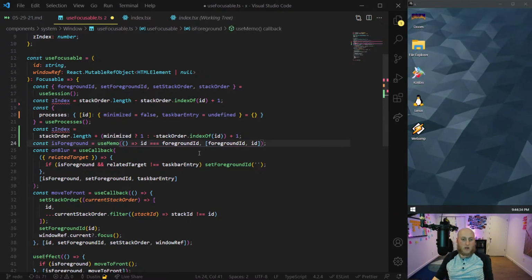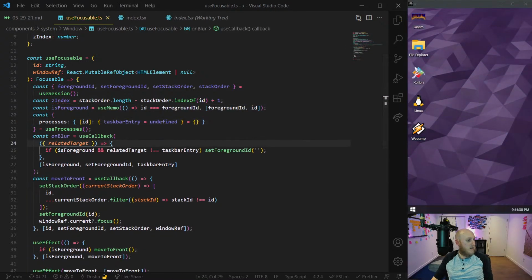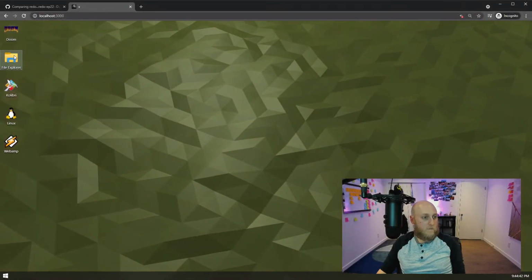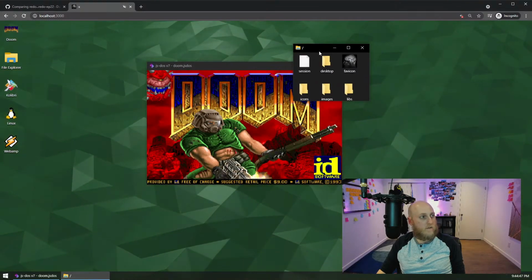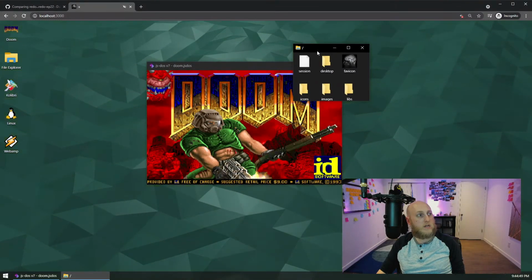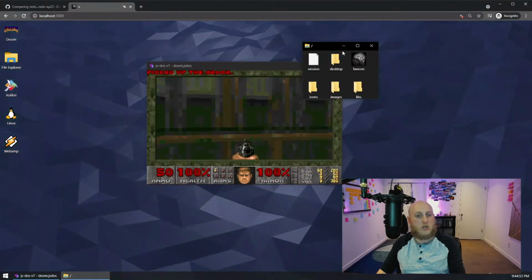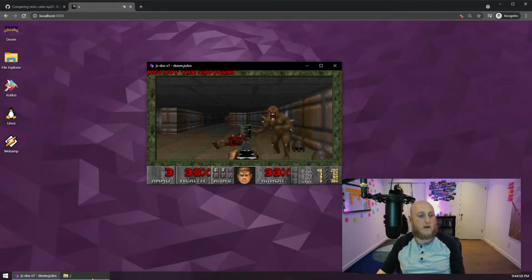I'm going to demo that actually before we change too much here. I'm going to undo everything I did because I didn't do very much. And let's just demo that terrible behavior. So I'm going to open Doom and I'm going to open File Explorer. So you'll see here, watch. I have File Explorer here. When I minimize, I want it to go whoosh into there and not hide behind Doom. But watch right now. You see it goes behind Doom right away and you pretty much miss the animation.